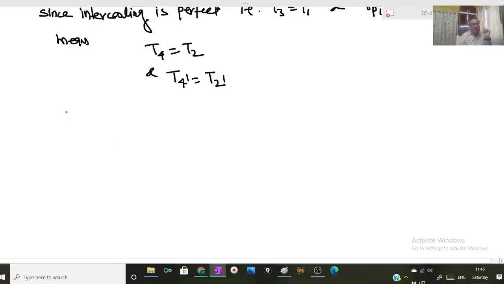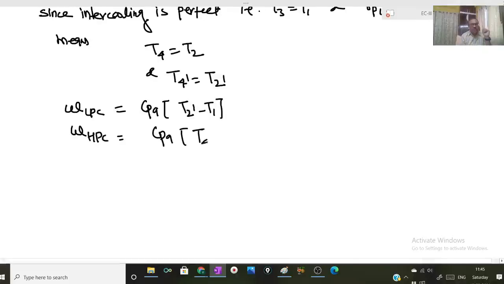So let us calculate what will be WLPC. So it will be Cpa (T2 dash minus T1), and WHPC will be Cpa (T4 dash minus T3), and this will be equal to Cpa (T2 dash minus T1). So total compressor work will be